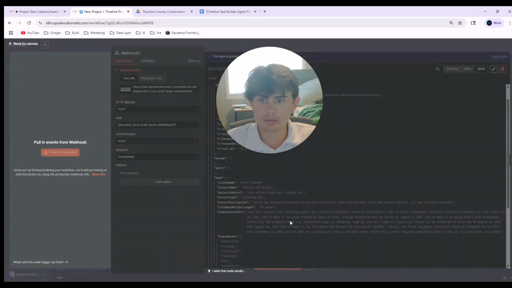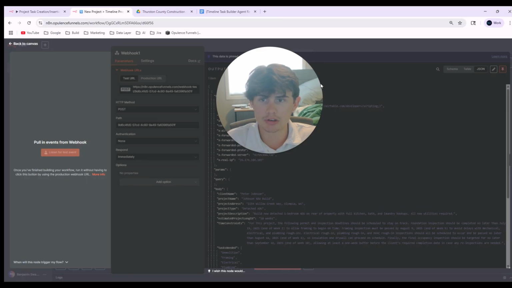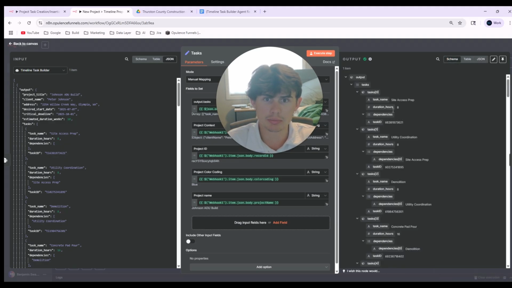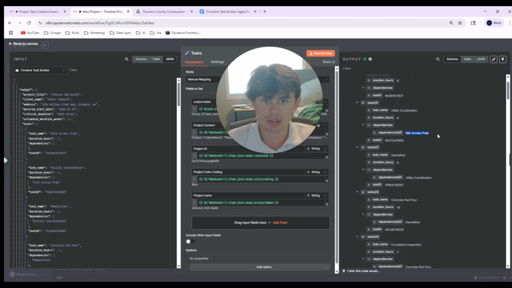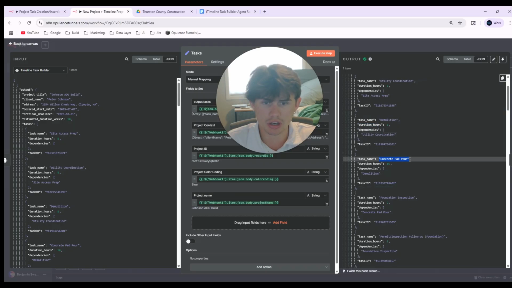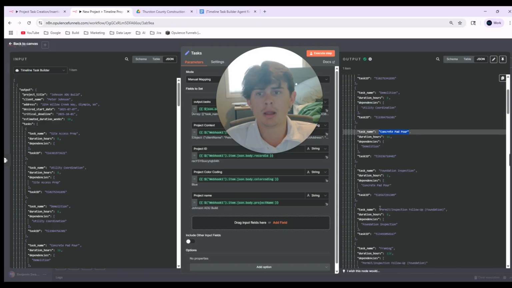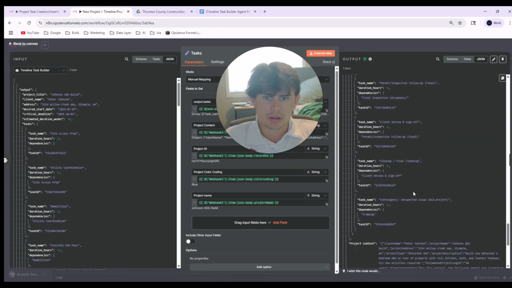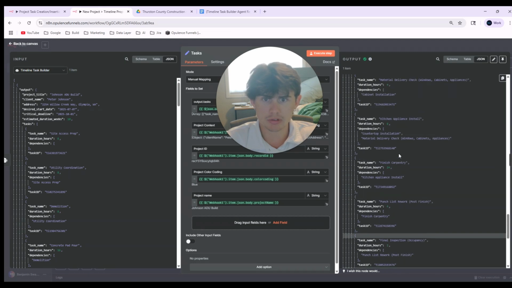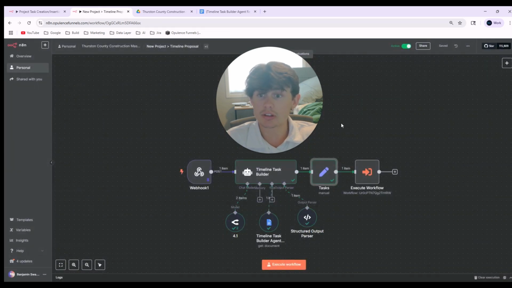he's supposed to take all of this data about the new project, and then turn it into an array of tasks. So as you'll see here, the first thing that it would have to do is site access prep, then utility coordination. Let's go back to JSON, it's a little bit easier there. Utility coordination, then we'll start demolition, concrete pour, foundation inspection, and then all the way up until finally a final inspection. So this is a lot, and